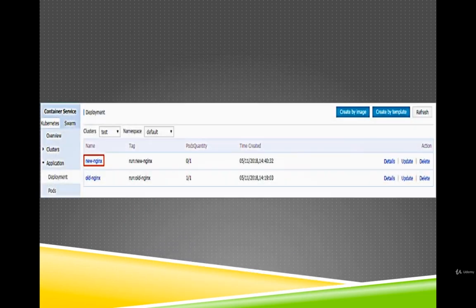Okay, finally click deployment in the left side navigation pane. The deployment new NGINX is displayed on the deployment page as you can see on the screen. Now log on to the master node and run the curl command to check the service access.